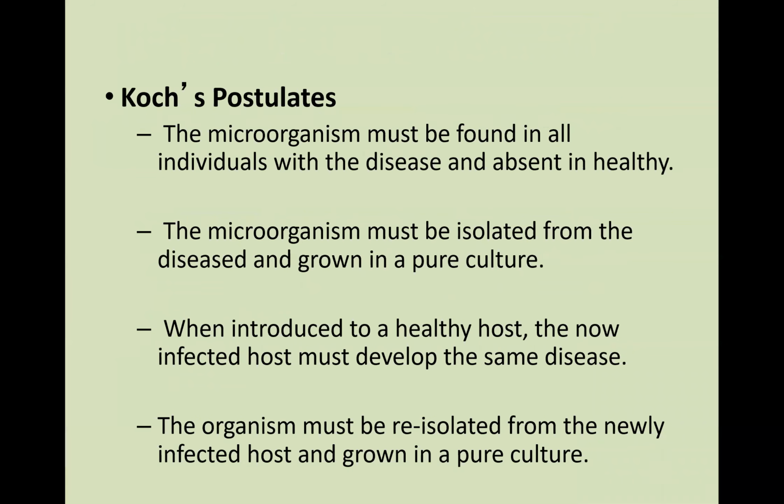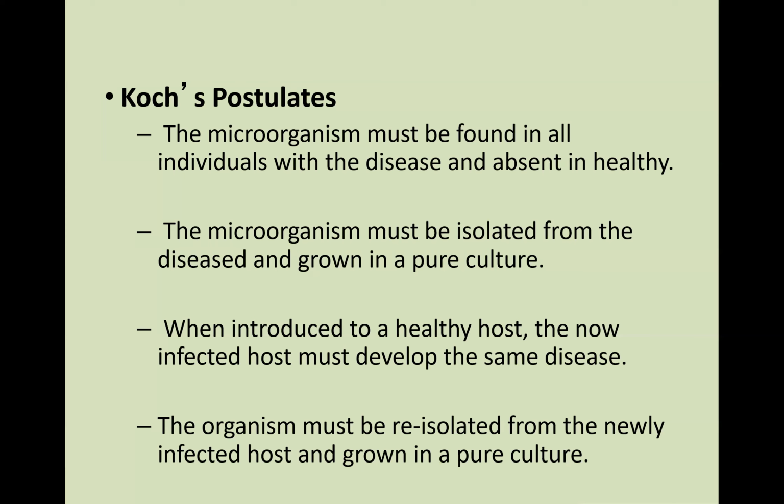So how Koch's postulates are really set up is in this sort of form and fashion. There's way more detail established, but this is sort of the nutshell approach. The first thing is that the microorganism must be found in abundance in all individuals with the disease, and it has to be absent in healthy individuals. AKA, if someone has anthrax, you would find Bacillus anthracis in all of the people that are sick, and you would not find it in someone healthy.